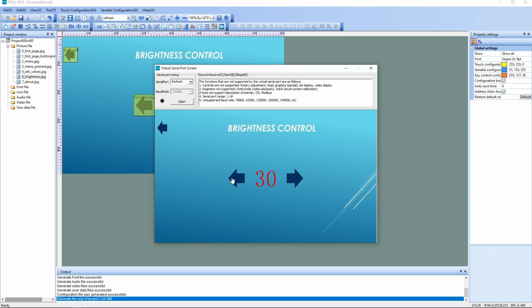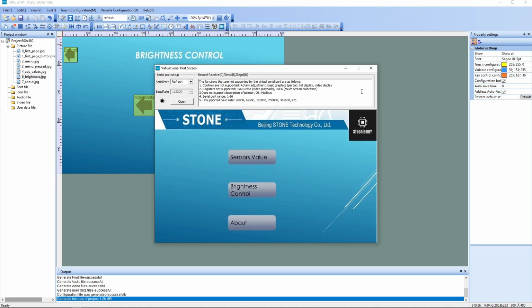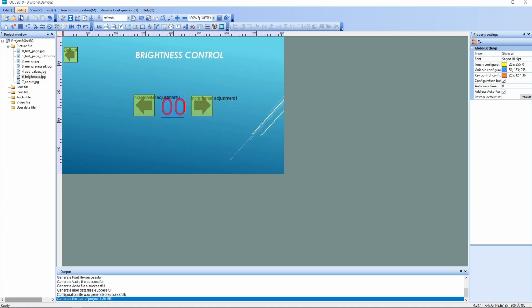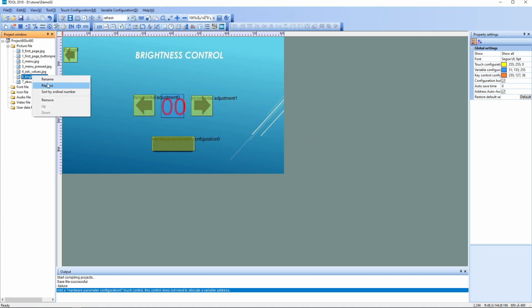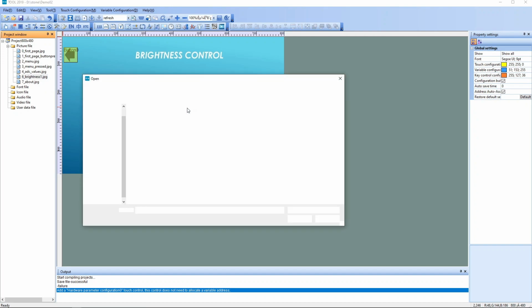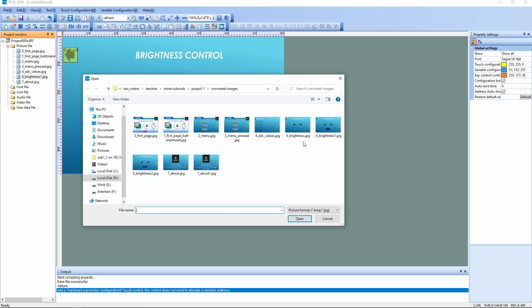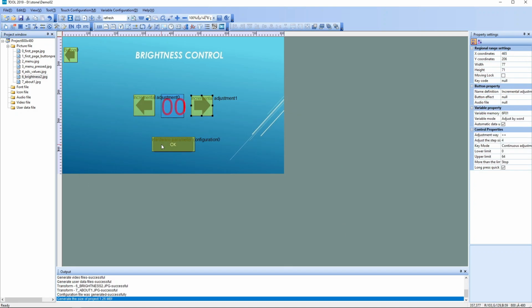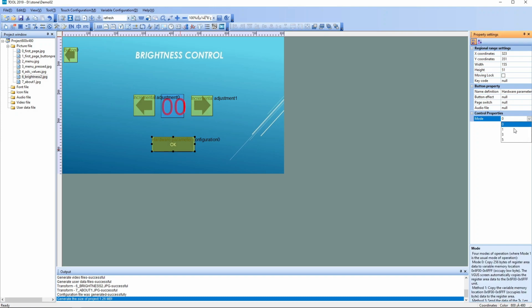It is not taking effect because we have not applied the hardware configuration yet. To apply the hardware configuration, we should request the display to apply it. For that, we'll add one button in the GUI and we'll replace the current GUI screen. After that, we will add the hardware configuration on that button. After changing the value, we'll press that button. This is the hardware configuration button and we'll change the value to 1 here.